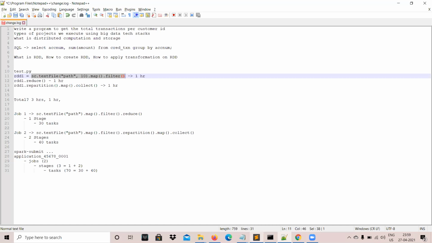if you fail in between, it's fine. You can recover from the previous stage. You don't have to recompute, and you don't have to spend another 6 hours recomputing it. The previous output is already persisted, so let's go and use that. That's how things happen in the backend.